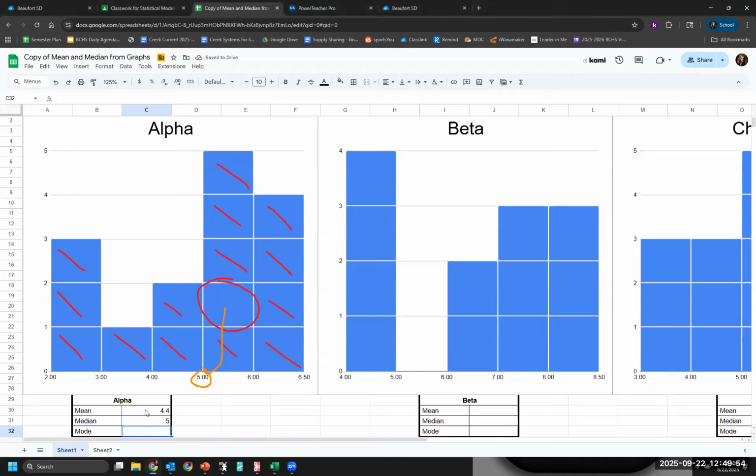Okay. So that's how we find the mean, and that's how we find the median. And then the last one, the mode, is the absolute easiest. No real work you have to do. You just look at it and see which one of these bars is the tallest. Well, this bar right here is the tallest. So that means this column